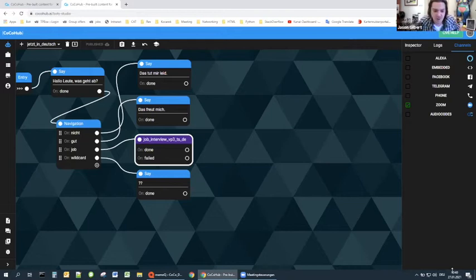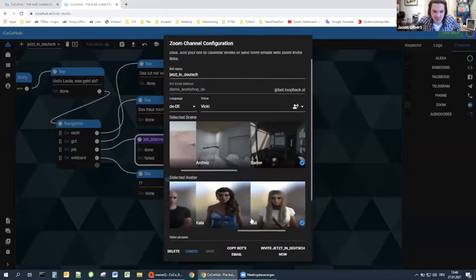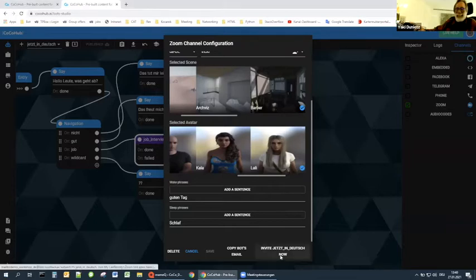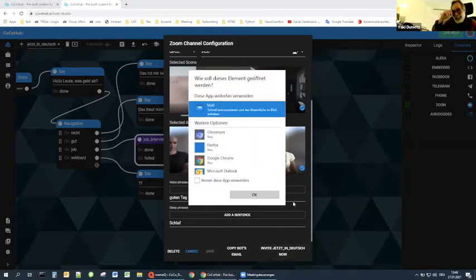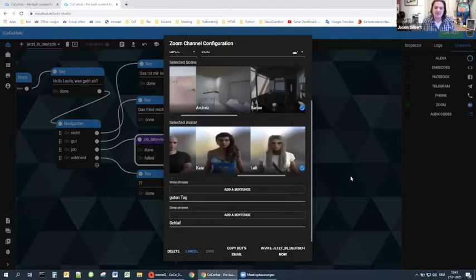So let's go back to Zoom real quick because I want to show the bot's email. So click on the Zoom channel here real quick, and then we go in the bottom, and then we have copy bot's email, so we can copy that to our clipboard, or we can do just quicker. We can just invite them directly from here. So let's click on invite and see what happens. Okay, so just copy the bot email. Okay, I sent it to you already. Okay. So you can stop